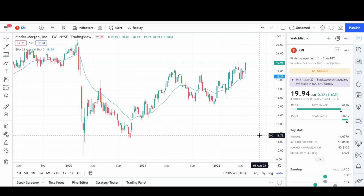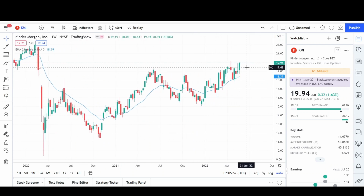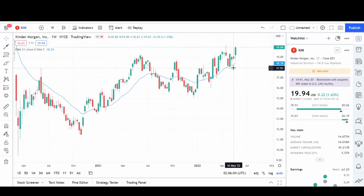So not investment advice, but if you invest into this stock, you can benefit from the appreciation of the asset or the stock, and also the dividends to offset any increasing energy prices that you may be experiencing. So even if you do invest